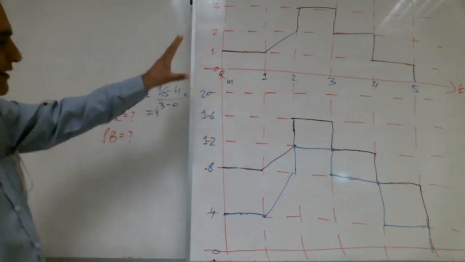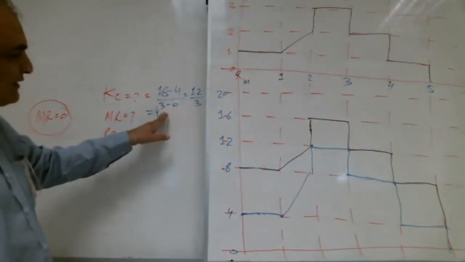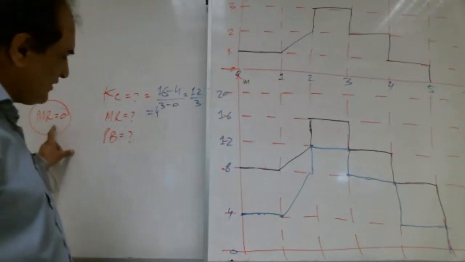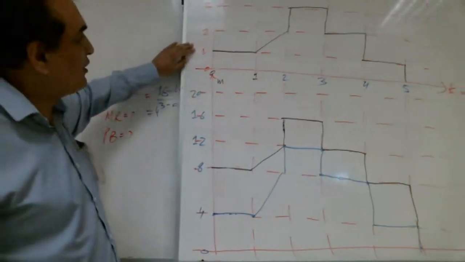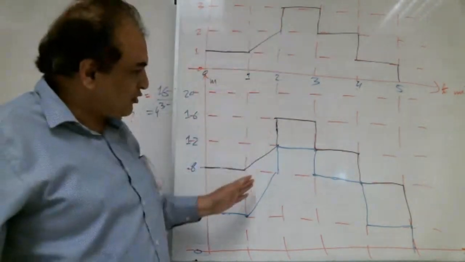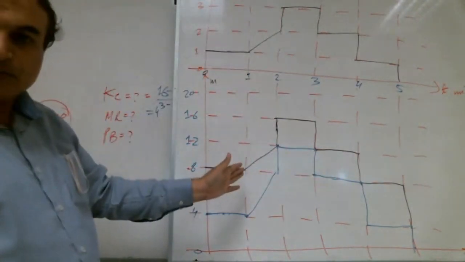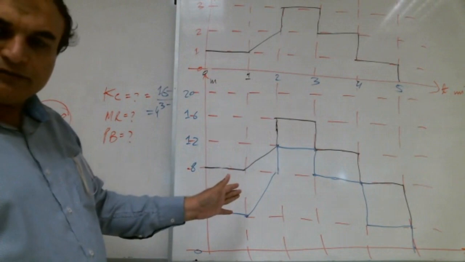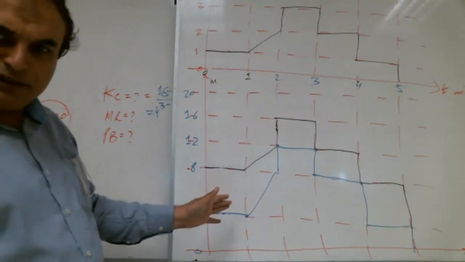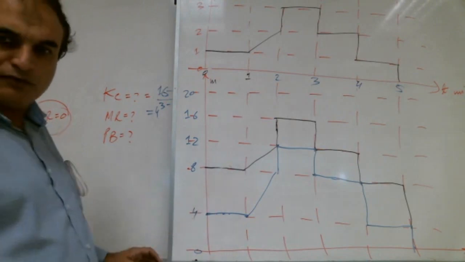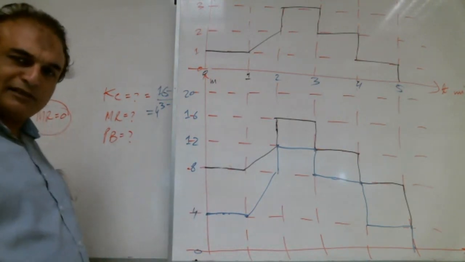Total change in error, total change in output, we get the gain 4. If MR is 0, output should be like this, because gain is 4, so multiply with 4 here, so it should be the blue one, not the black one. Shabab with me? Yeah, teacher. That's good. A lot of brothers are writing yes.